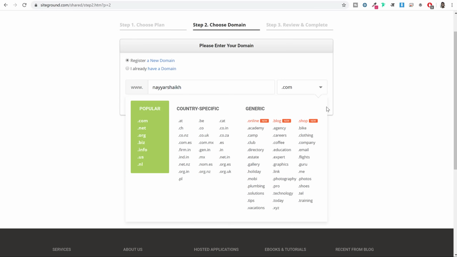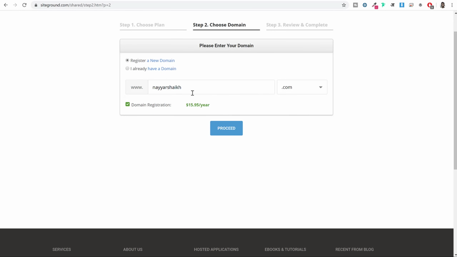Now obviously the best option over here is .com. If you don't get .com, go with .net. If you don't get .net as well, you just go with some country specific domain name. And even if you don't get that, you can select the generic option. So simply type in the domain name that you want to register, select the perfect domain name extension,